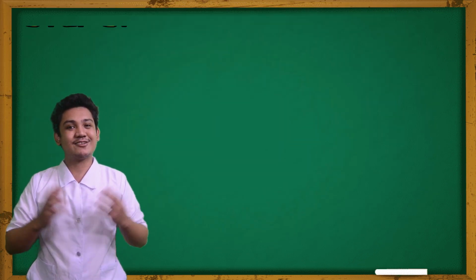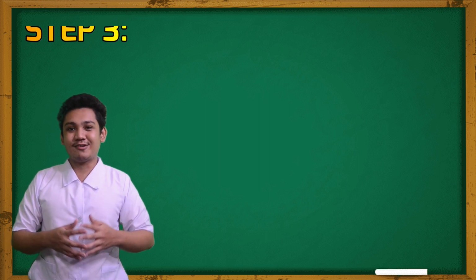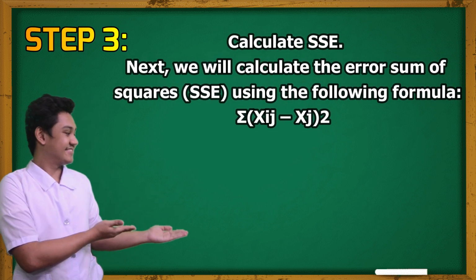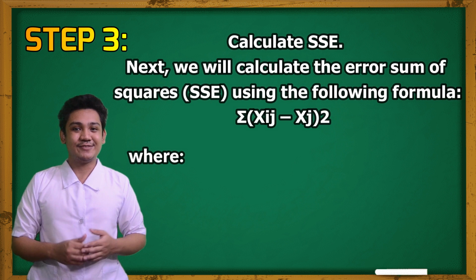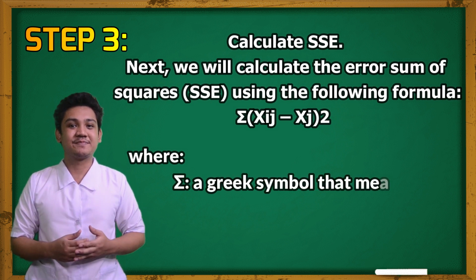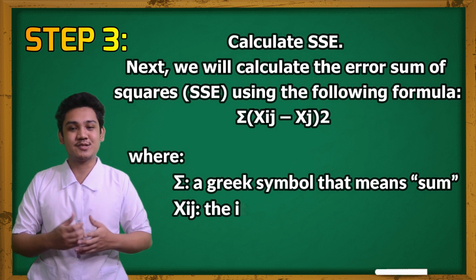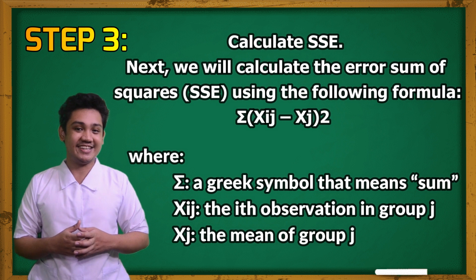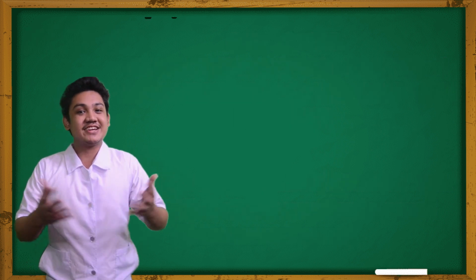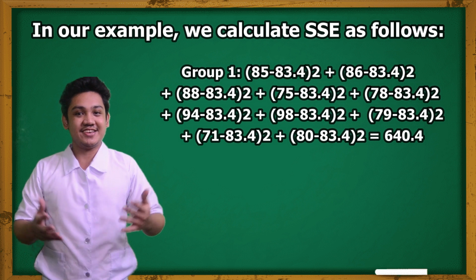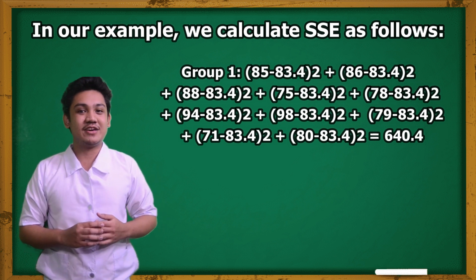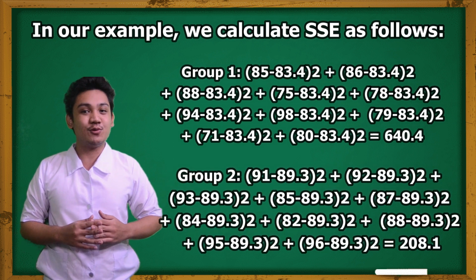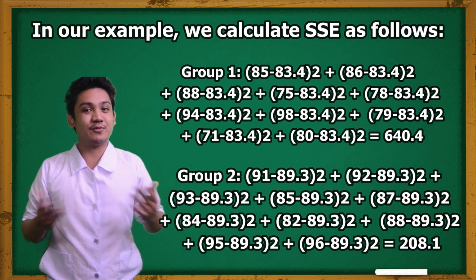Step 3. Calculate SSE. We will calculate the error sum of squares or SSE using the following formula, where summation is a Greek symbol that means sum, x_ij is the i-th observation in group j, and x̄_j is the mean of group j. In our example, we calculate SSE as follows. For group 1, we have 640.4. For group 2, we have 208.1. And for group 3, we have